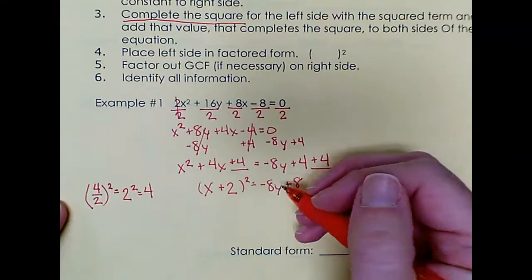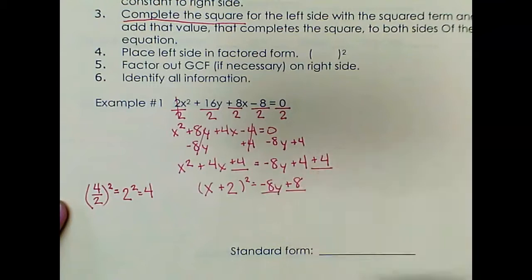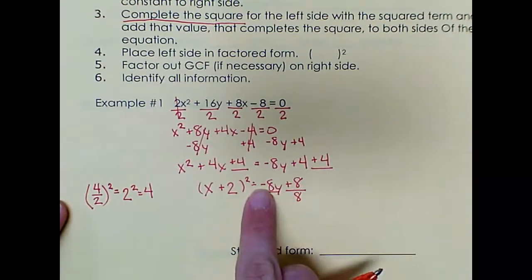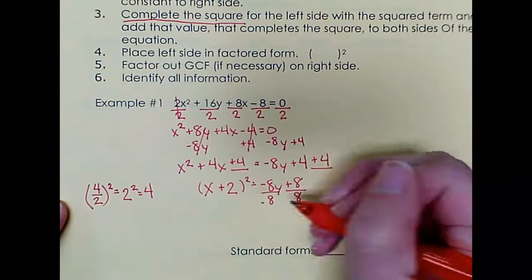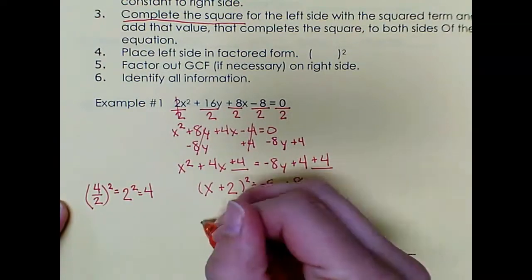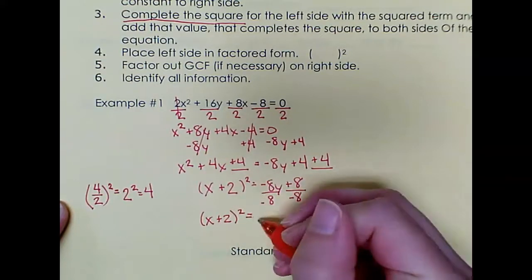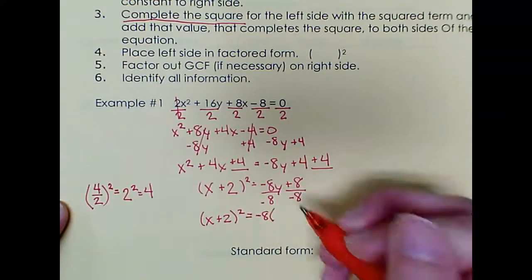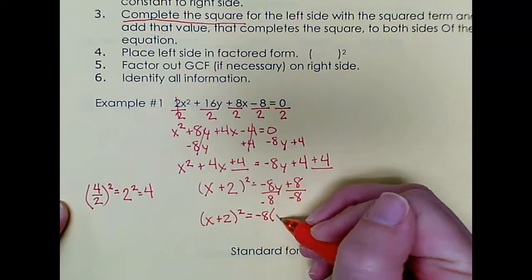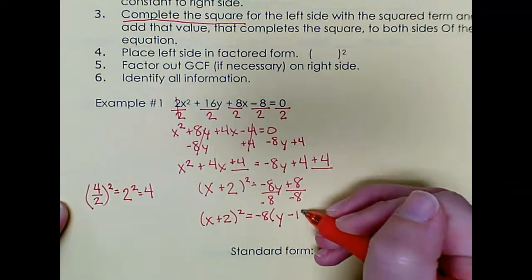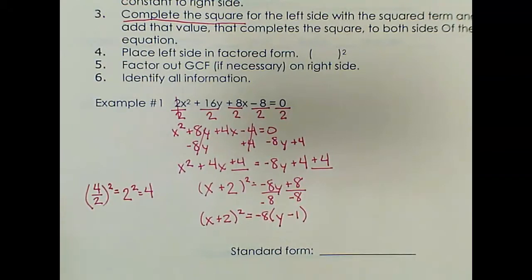So if I factor out a GCF, well, 8 is the GCF, and I don't want my leading coefficient to be negative, so I'm going to divide out the negative 8. So I have x plus 2 squared equals, the negative 8 comes out. Negative 8y over negative 8 is just y. 8 over negative 8 is minus 1, and I close my parenthesis. And that looks exactly like it's supposed to